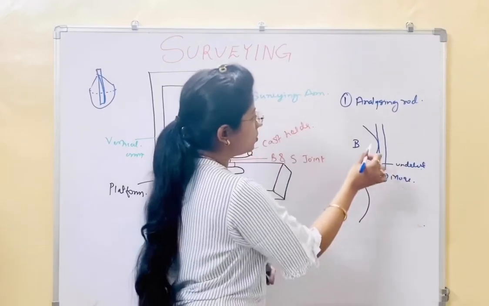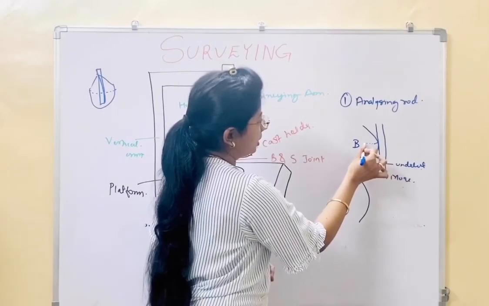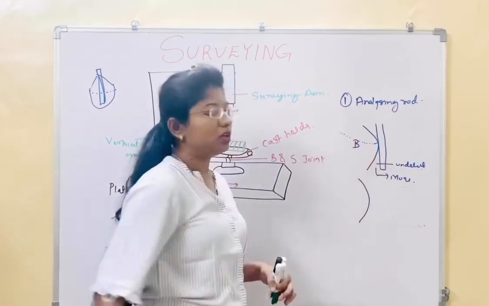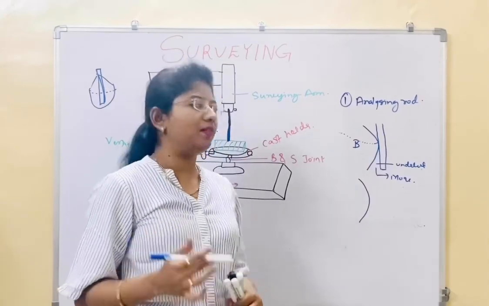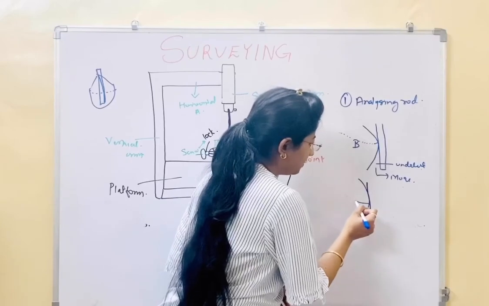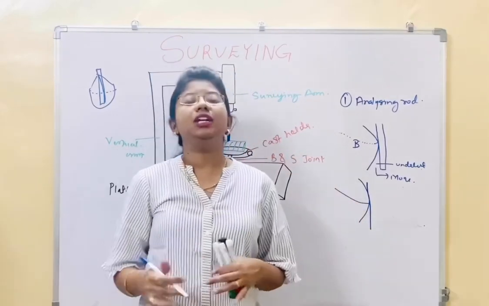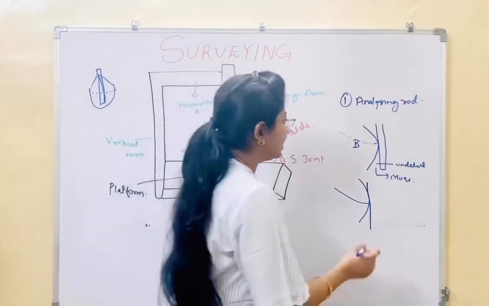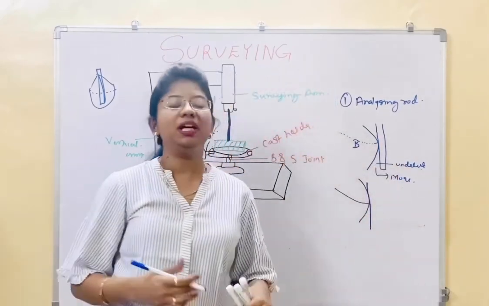Along with that, you see the contour starting from here. So you will get to see how the survey line is. Secondarily, if we draw here, the contour will come something like here. So you get to know how the contour is, and secondarily you also get an idea about the undercut.